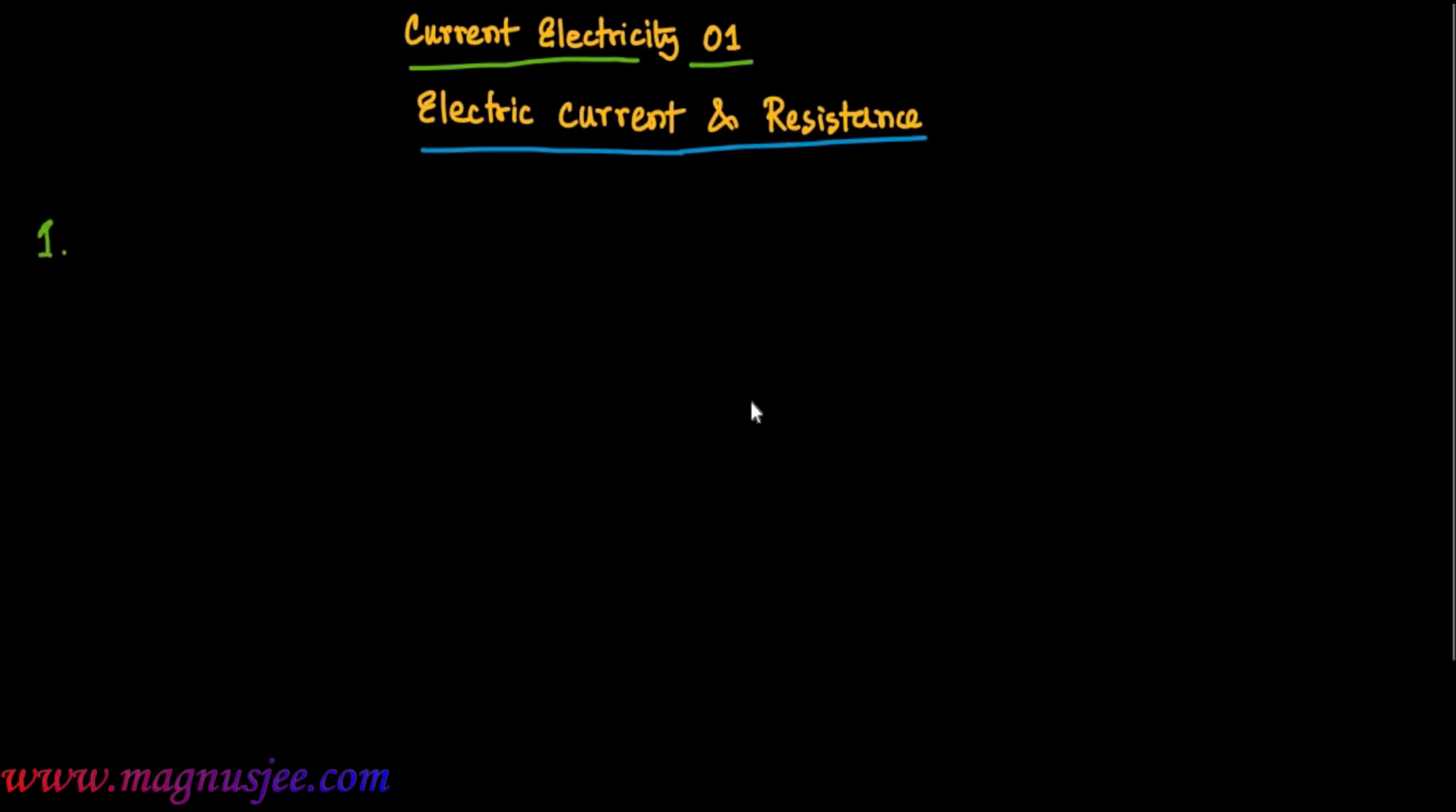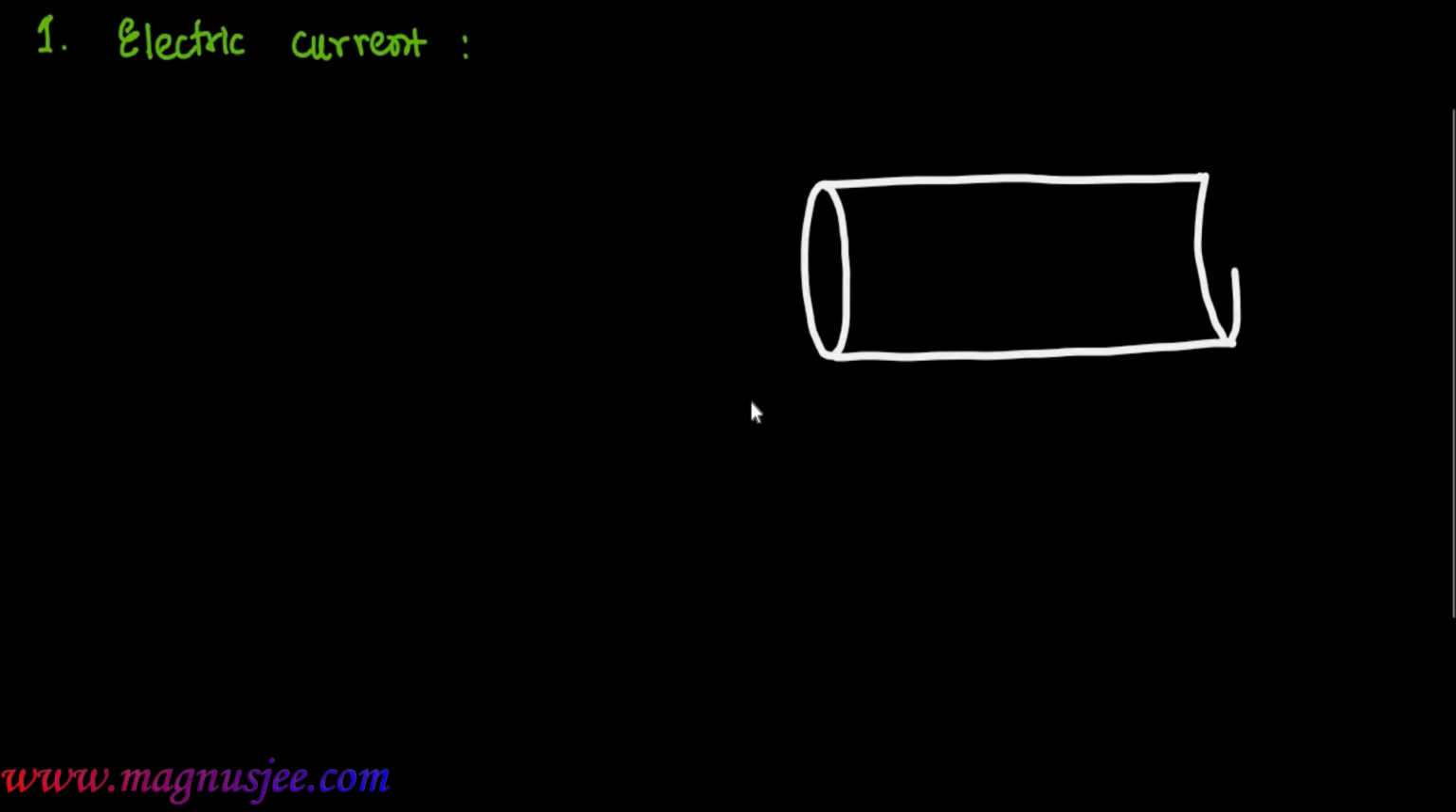We shall discuss different topics of this chapter. Number 1 topic is electric current. What is electric current? In the diagram, we have to consider a cylindrical conductor. This is a cylindrical conductor